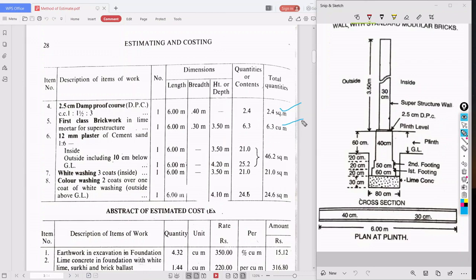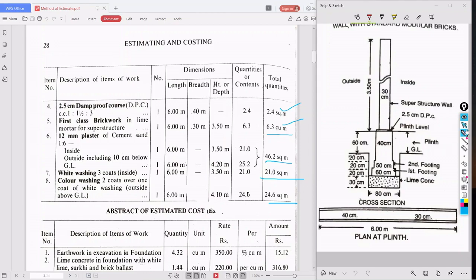First class brickwork in superstructure, that is 6.3. Okay. So 12 mm plastering is 46.2. And whitewashing is 21 meter square. Next, color washing is 24.6 meter square. So now these quantities we are taking, we are taking the rate per unit from the SR book, and we